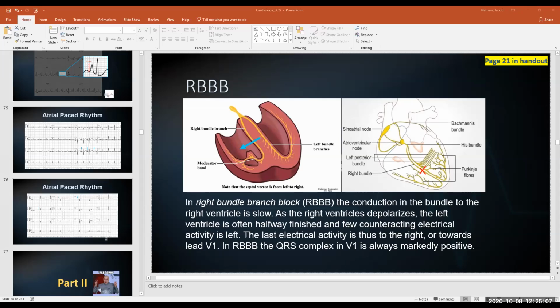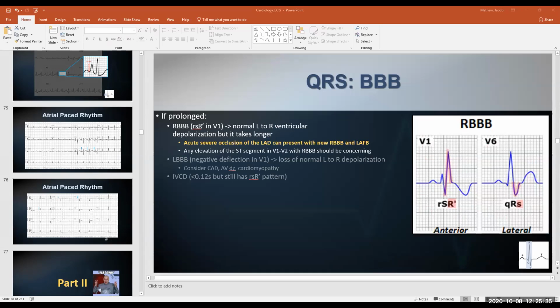So again, what's happening is you had some occlusion. I put this red X there. So instead of electrical activity being able to continue all the way down to eventually depolarize the rest of the right ventricle, it's blocked. It's not able to, so it's going to take a lot longer. Instead, it's going to go through the left ventricle, depolarize everything, and then eventually make its way across to the right side. But because of that long delay created by some ischemia, then you see this extra flip